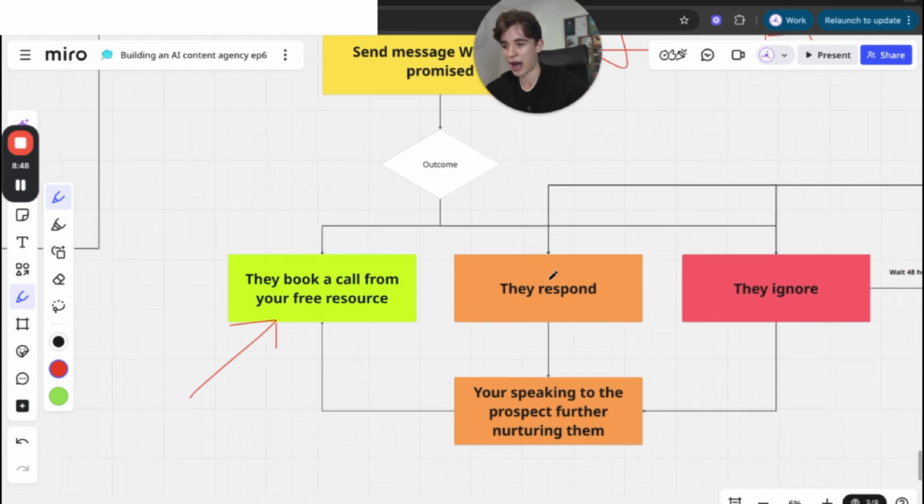But what's also going to happen is they're going to respond and say something like, oh, this is great. Thanks for the free value. I would love to learn more about what you do. So this is where you need to DM them, right? You need to really dig deep on how you can help them out and further nurture them. We'll have a whole other video breaking down the setting process on how you can acquire dream clients. But this is really, really important, understanding that they may respond and ask further questions, and you being ready to respond to them.